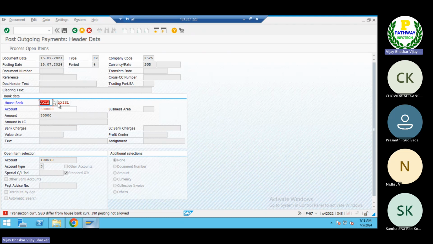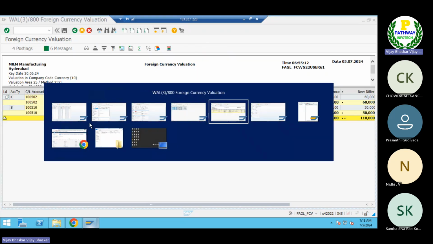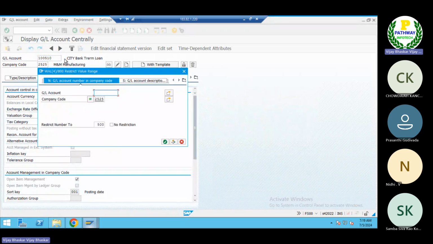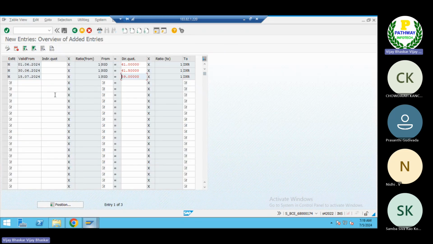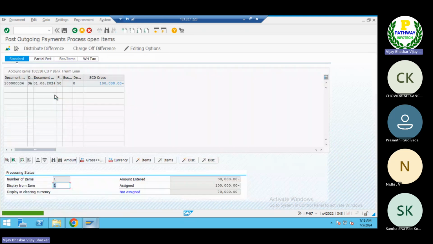Okay, so now this house bank is not allowing. Let me do one thing, because there is a separate GL account for this one. I remember I have created it for posting purposes. One is a cash and bank account that is not yet associated to any GL. Cash and bank. Let me give this GL account straightforward. The system will work. Okay, yeah, it is accepted now.